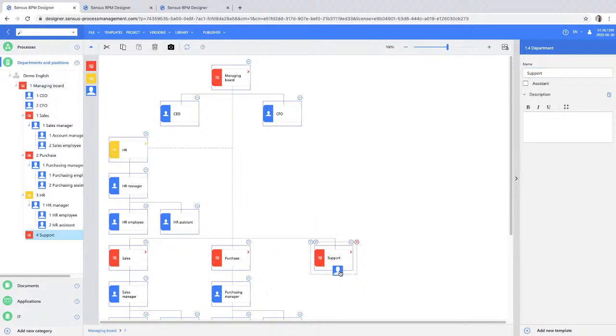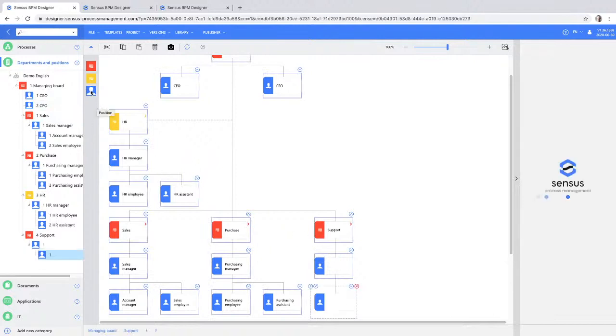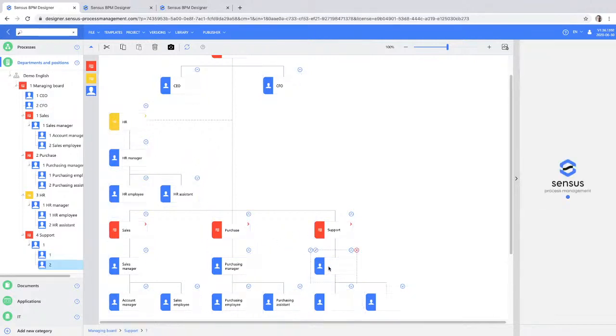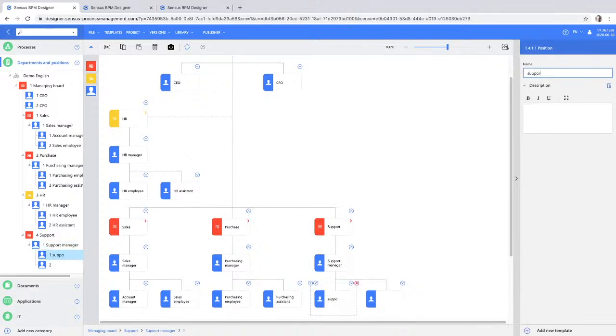Now, I maybe have some positions beneath it, for instance, the support manager, and support engineer, and maybe a support assistant. Now you can make your own organogram in this way, and you have to do that once, and then you can make the connection to the